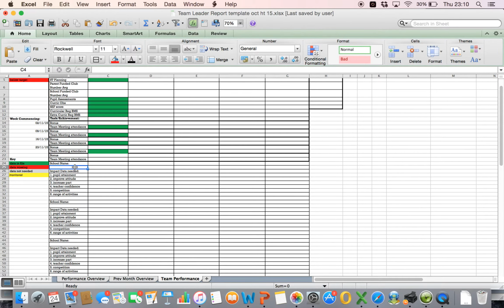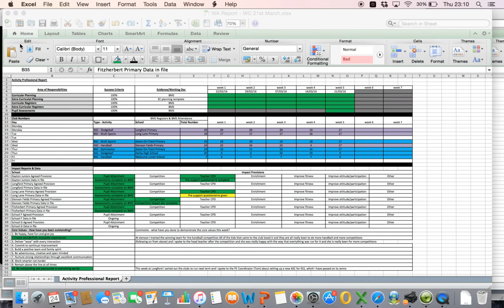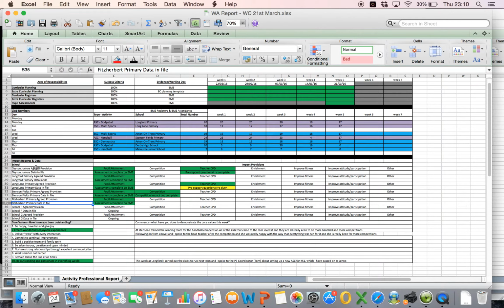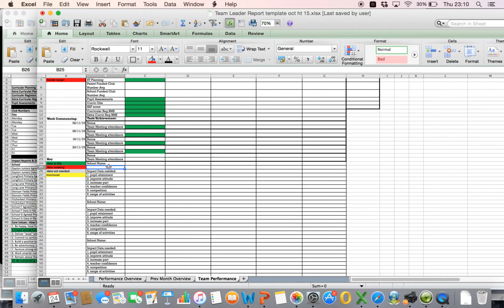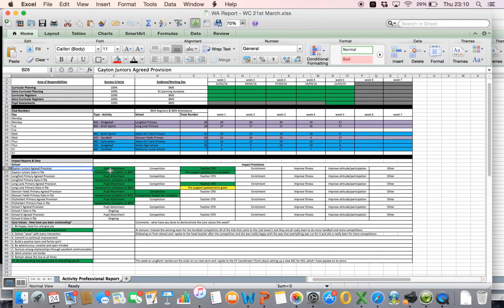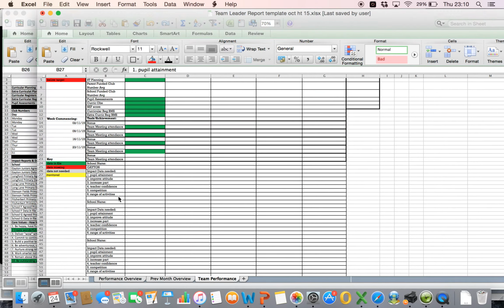Okay, so here we are looking at the impact data. So all we need for this, I'm going to take Will's AP report. So if you look here at Will's schools, so for example, he's got Gayton Junior School. So I'm going to put Gayton. Impact data needed is, if you look at Will's, so it's pupil attainment and teacher CPD. So pupil attainment,